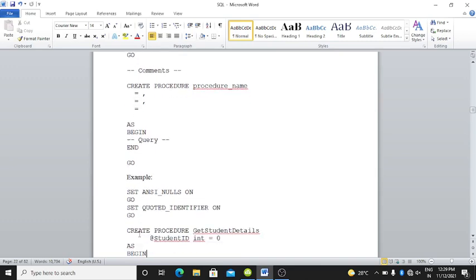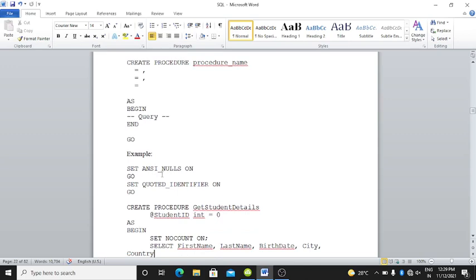Example is there: SET ANSI_NULLS ON, GO, SET QUOTED_IDENTIFIER ON, GO.